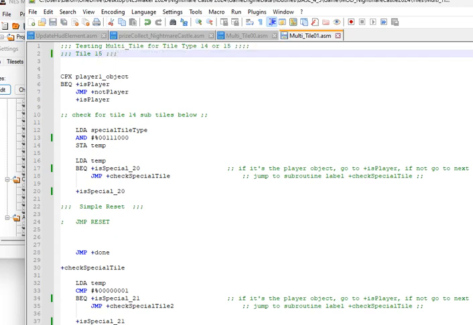So there's tile 15. I'm going to include both of these for future videos where we could use these, or you can use these for your own.